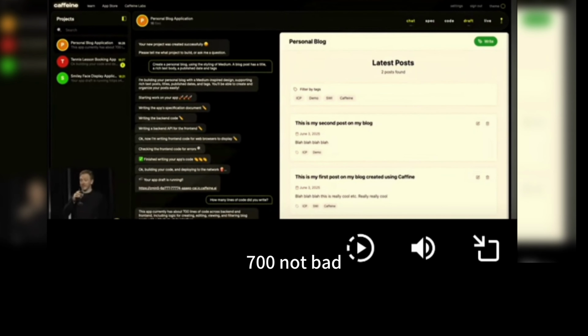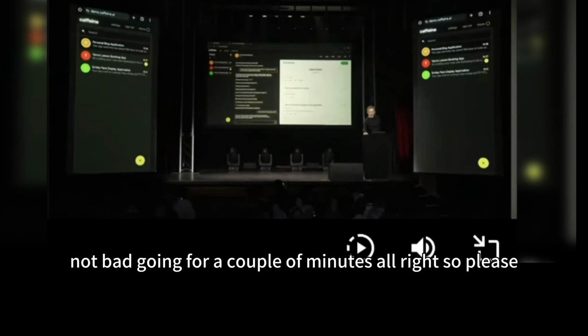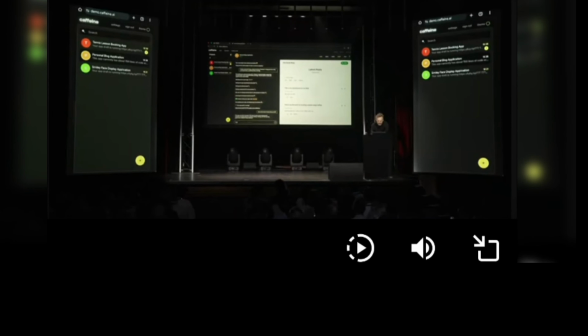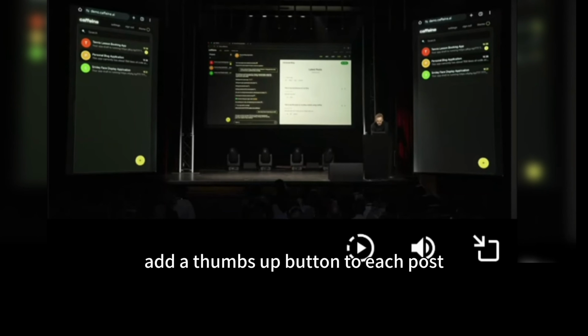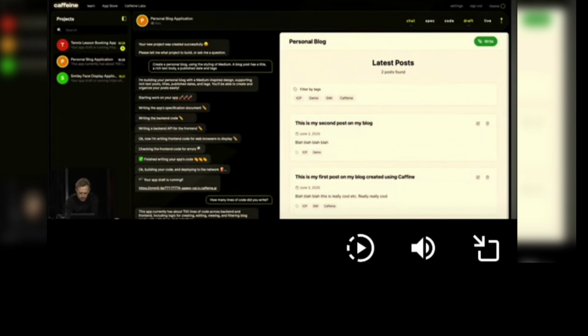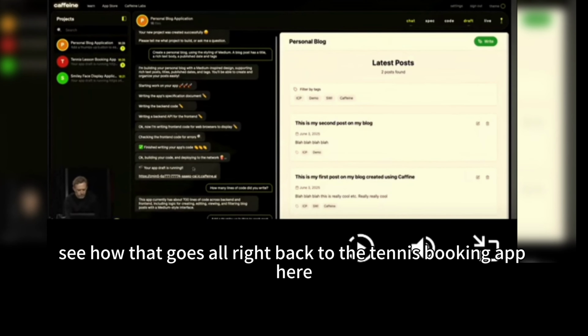Ooh, 700, not bad. Not bad going for a couple of minutes. All right, so please add a thumbs up button to each post. See how that goes. All right, back to the tennis booking app.